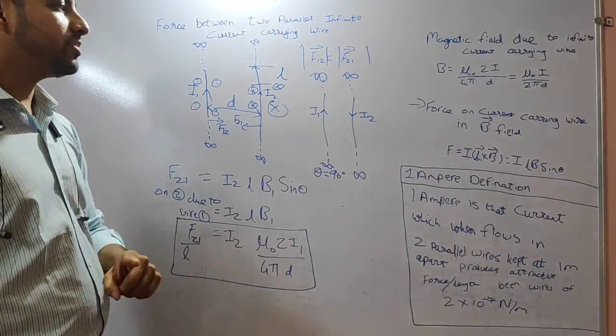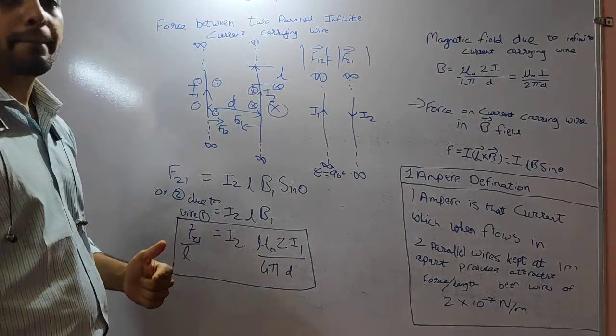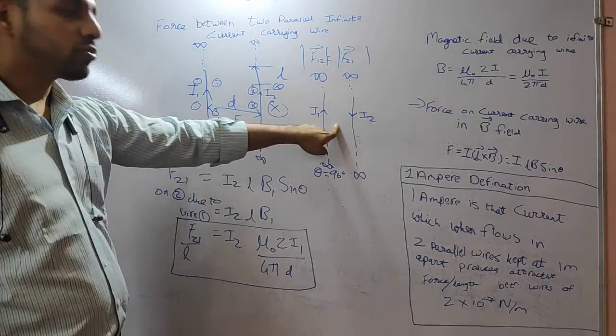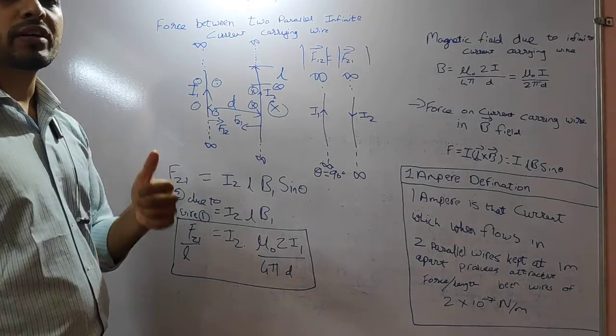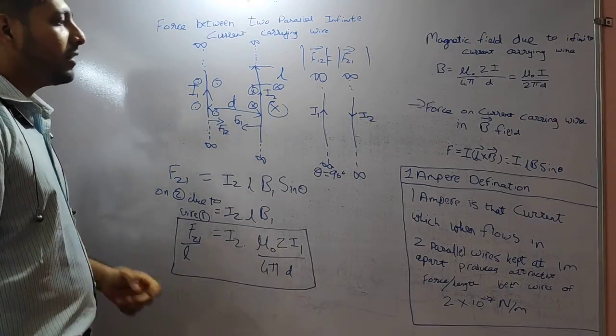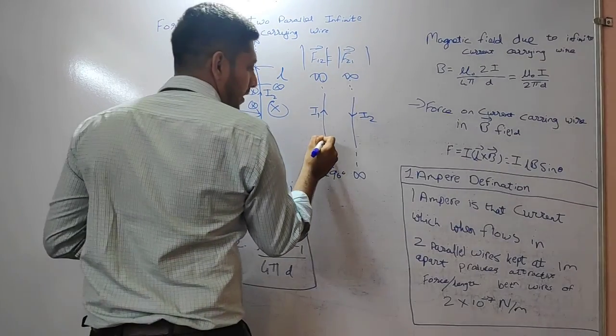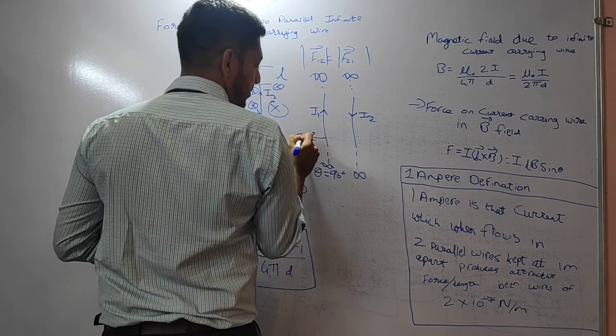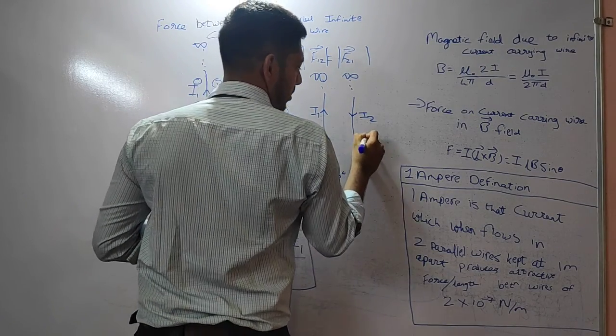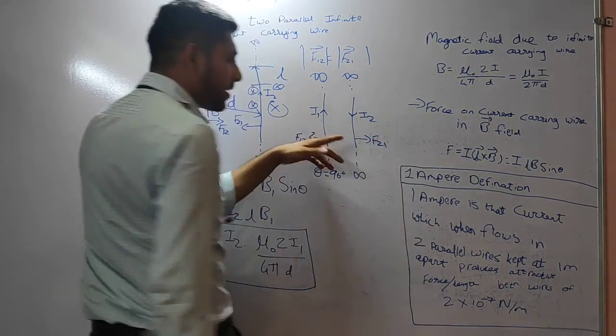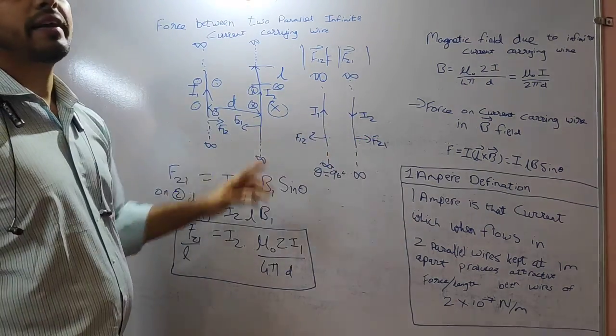This you have to solve and show it to me tomorrow only. You need to solve it, but solve this too. It is the same as this, so that I can know that you have understood the thing. When the direction of current is opposite, what will the force be? I am giving you the answer, but you need to find out why. The force will be in this direction. This will be the answer, but you need to find why.